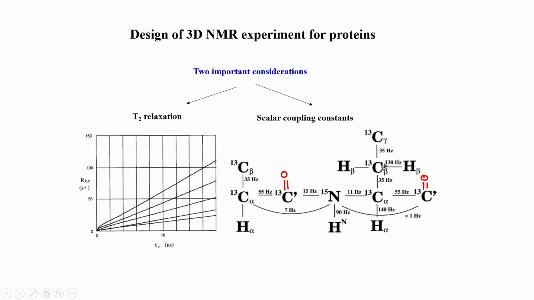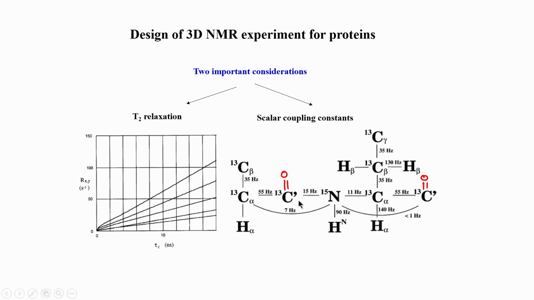These numbers one should actually try to memorize, it should be in your mind, because whenever we design NMR experiments, 3D, or when we try to understand 3D NMR experiments, coupling constants play a big role, especially in modules or units in the 3D called INEPT. If you recall in the 2D part, HSQC, we looked at the INEPT module, and there we said that the INEPT depends on the J coupling, and the J coupling should be accordingly known. So, proton to nitrogen is 90 hertz.